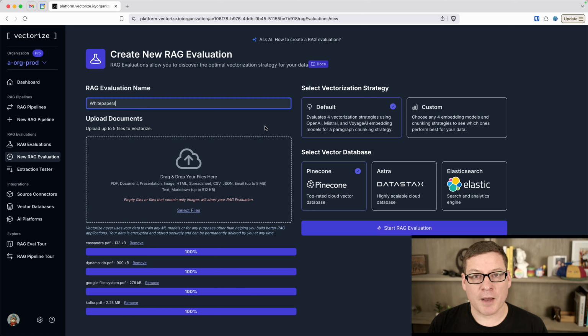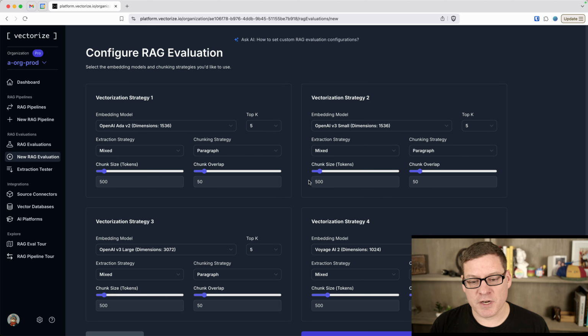Now you have a couple options in terms of how you want to run your experiment. You can either use the default settings, which will pick some OpenAI embedding models and some default reasonable chunking strategies, or you can click on custom. And custom is going to allow you to try out whatever it is that you want to try out using your database engine of choice here. I'm just going to use Pinecone for today. If I click on next, this is going to bring up this